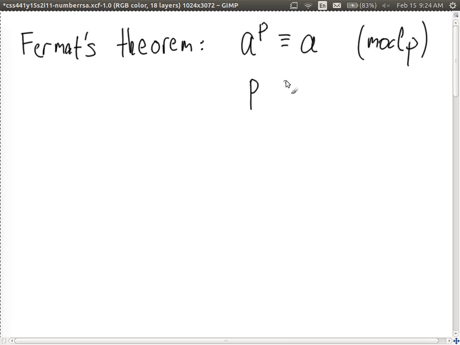Under the condition p is prime. We're not going to explain why that's the case. There's a proof of that theorem. We're going to use it when we see some cryptographic algorithms. So what it tells us, as an example,